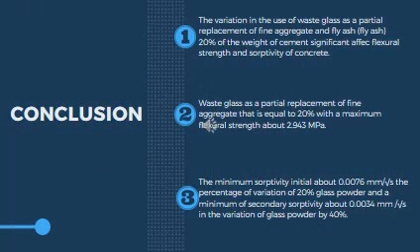This is the conclusion of this research. 1. The variation of the use of waste glass as a partial replacement of fine aggregate and fly ash 20% as a partial replacement of cement has a significant effect on flexural strength and sorptivity of concrete. 2. Waste glass as a partial replacement of fine aggregate equal to 20% gives a maximum flexural strength of about 2.943 MPa. 3. The minimum initial sorptivity is about 0.0076 mm per second square root at the variation of 20% glass powder, and a minimum secondary sorptivity of about 0.0034 mm per second square root in the variation